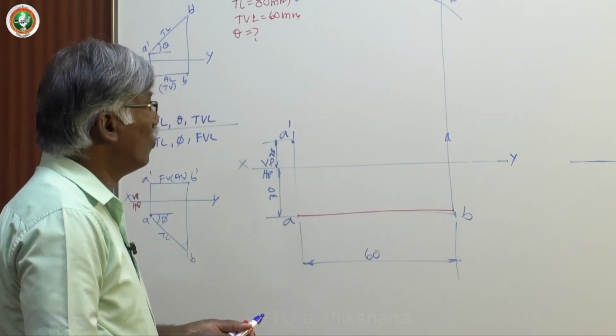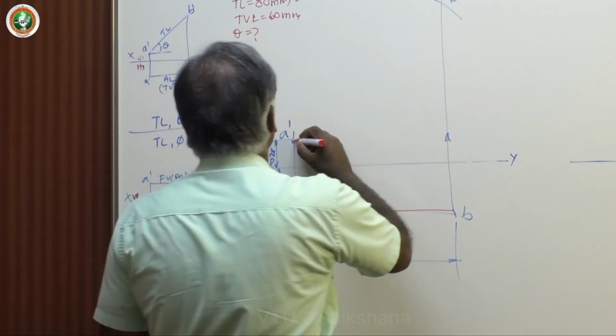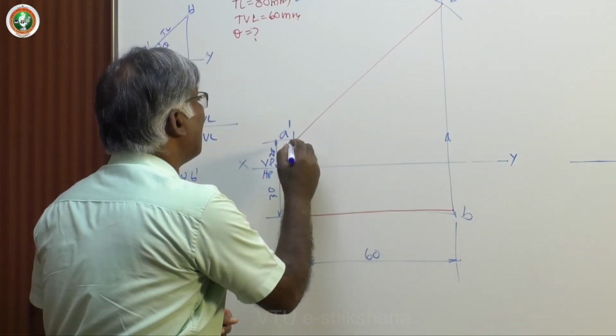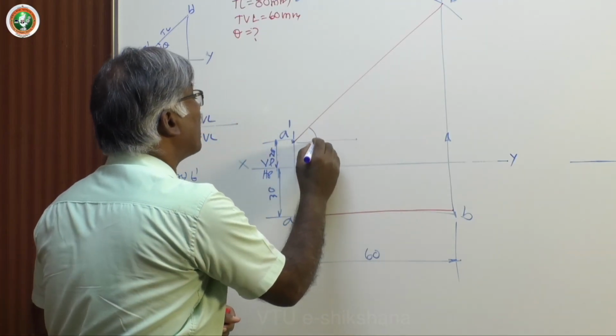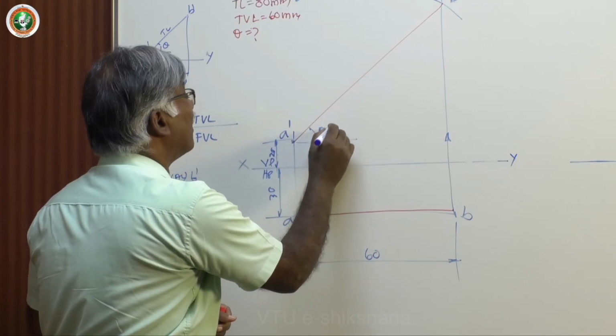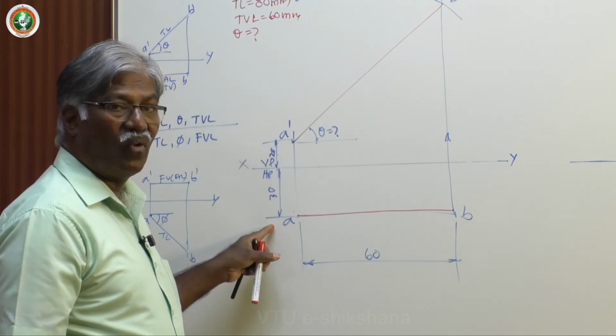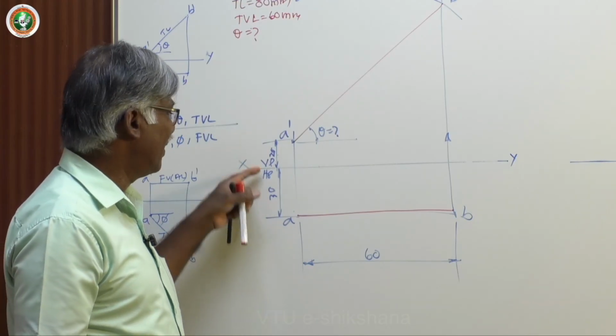So this is how you get the front view. Join this. Then the associated angle with respect to the XY line is theta. So you have to measure this. That's all. So first fix the one end of the line, A dash A, 20 mm above HP and 30